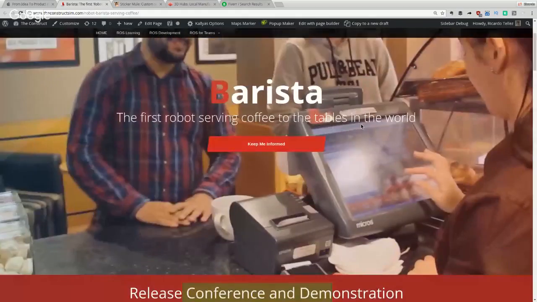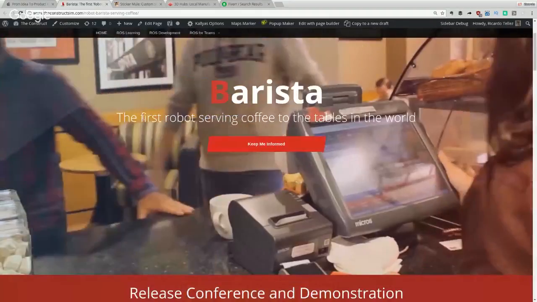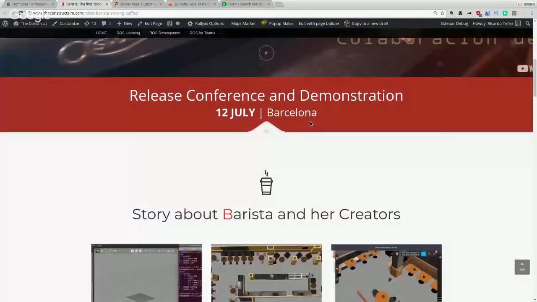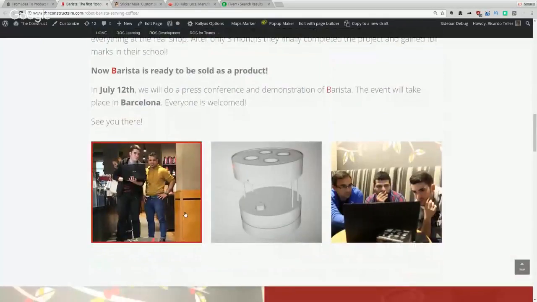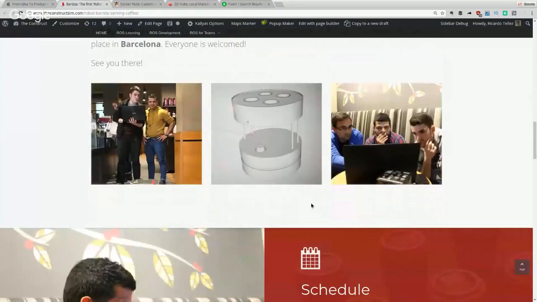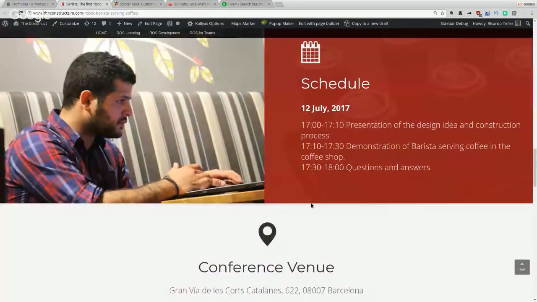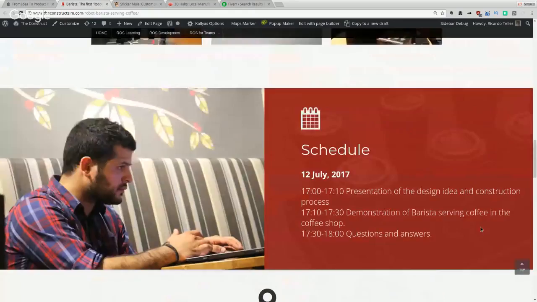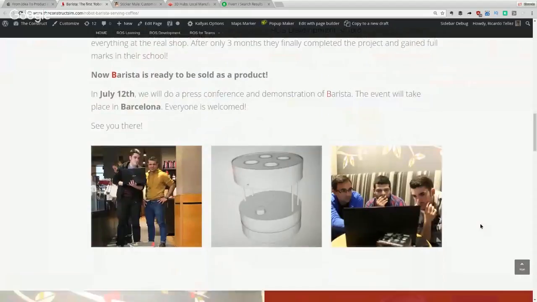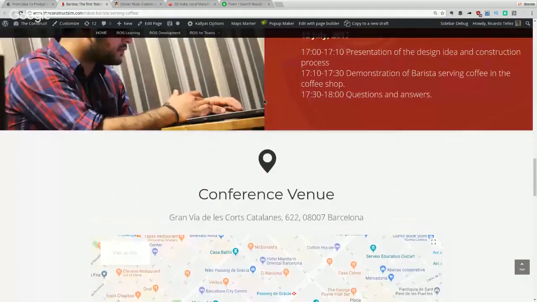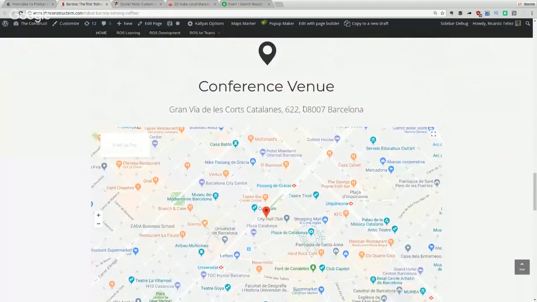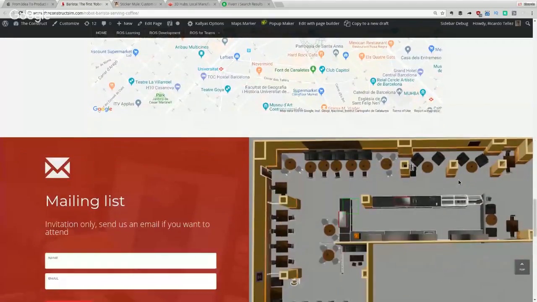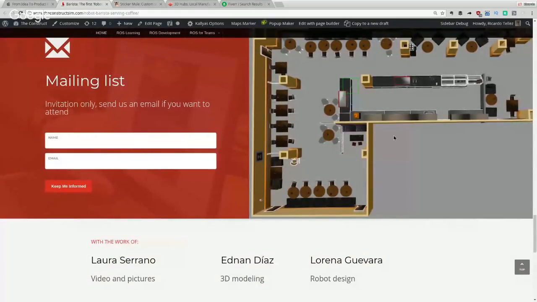As you can see, we are indicating things about the first robot serving coffee, and we see coffee things around. We indicate simulations, but we don't show the final product all the time. So we are creating a kind of curiosity about what this is and how it is going to be. We see some captures, some people with computers, and wonder what they are doing. So you provide all the details, where the schedule is going to be. You can check this, for example, as a template for your own